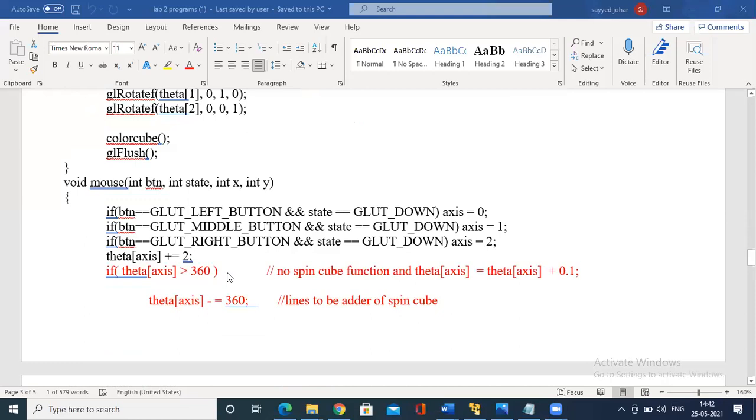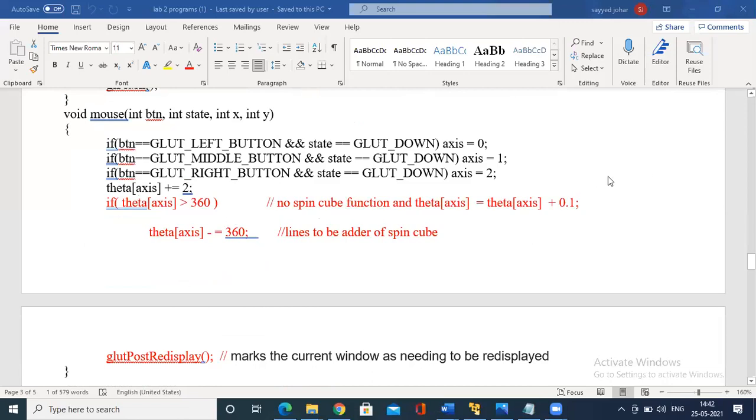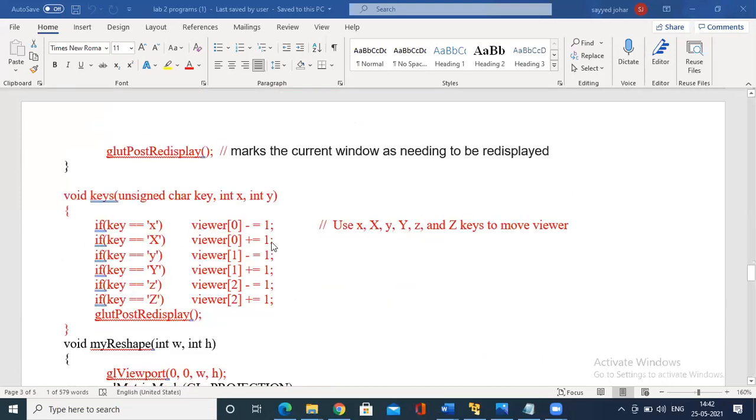So why do we use the idle function? I said last class, the idle function is used for continuous animation. That is a global idle callback function. It helps in background processing tasks. But here we are not concerned with background processing tasks. Hence this line is eliminated, and part of the spin cube lines are copied.